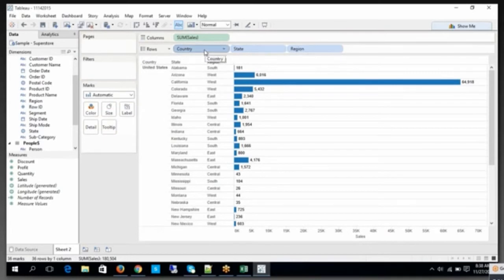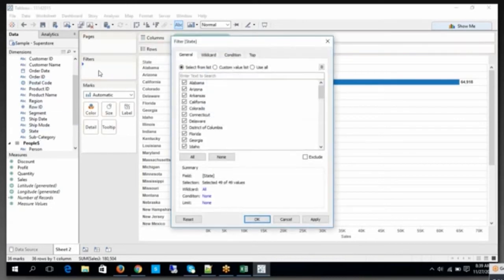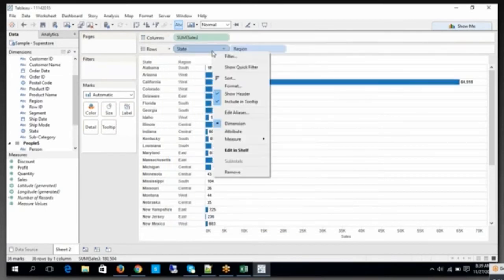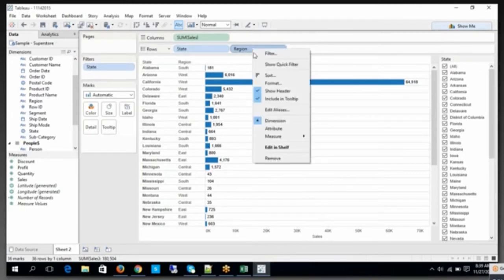We can do state. Look at this. State, region. Now, on a state-wise basis, what am I going to do? On state, I am going to apply a quick filter. Fine. Now, region also I am going to apply a quick filter.